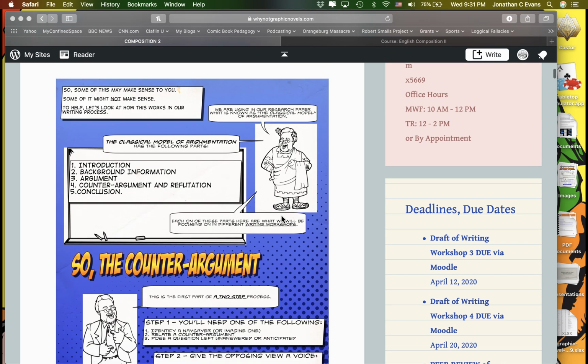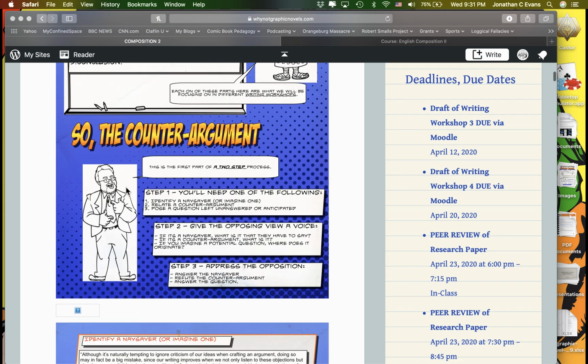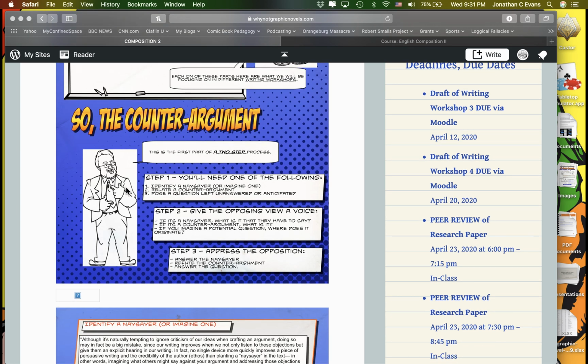So you'll see here, we're in step 4, the classical model. A counter argument really follows a very similar process to what we do in the argument. The first thing to consider is that when you're introducing something in your argument, you have a topic sentence, and then you introduce the subject under discussion. You then, of course, cite it in some form, usually using a source, and then your explanation follows. In that explanation, you go through the process of attaching it back to your thesis statement.